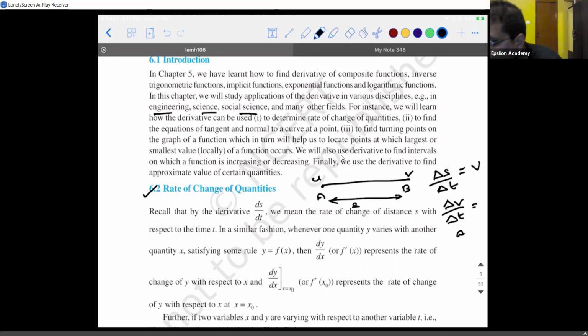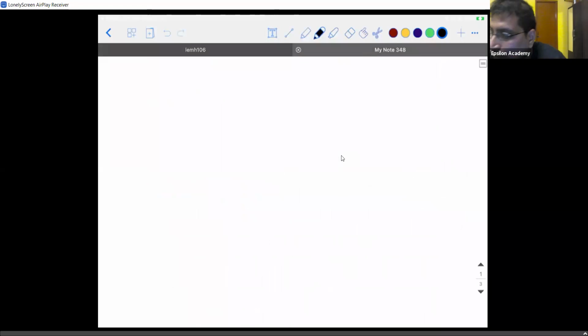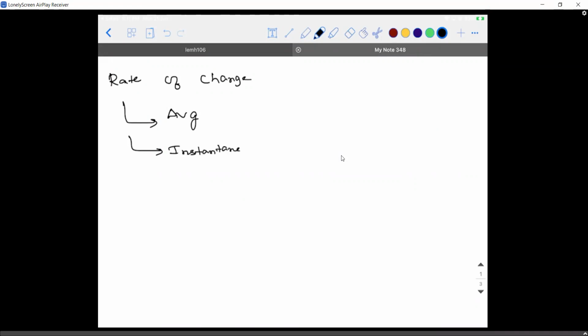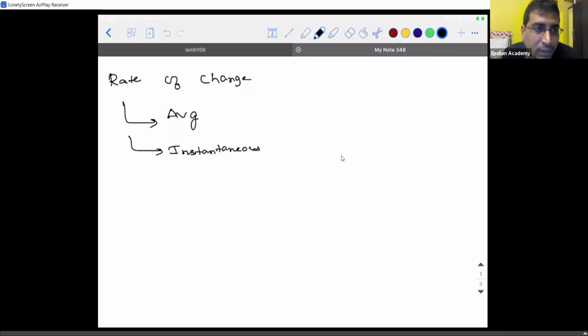Now, when you talk about rate, there are two things that you can speak about. So rate, one thing is clear, something changing with respect to time, accepted. But when I talk about rate of change of something, I can talk about two types of changes. One is an average value, and the second is called an instantaneous value. Guys, am I clear? So rate of change can basically be classified into two types. What are they? They can either be an average value or an instantaneous value. Means what is happening at that instant is what we are going to see.